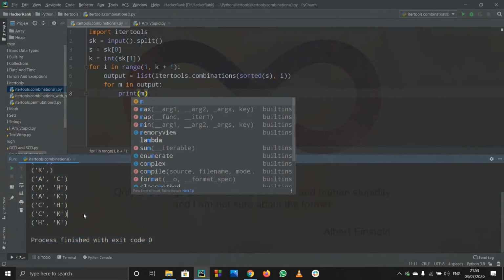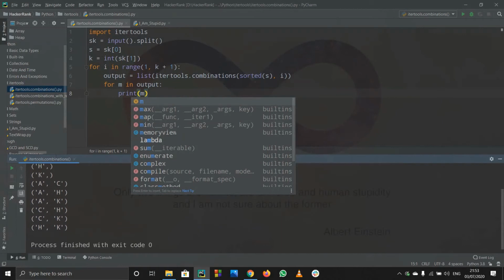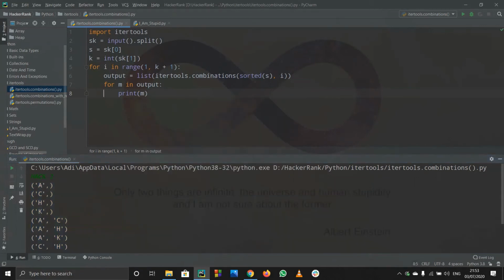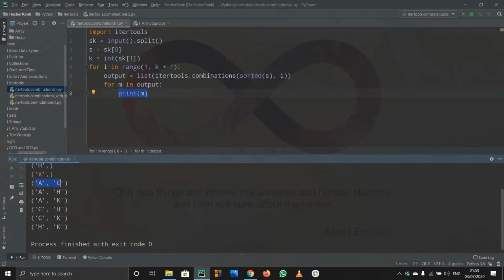But we don't want these tuples and brackets. If you want to print a list or anything without these brackets, you use a for loop for iterating through it and printing it out. So now again you will have to use one more for loop. For printing m, m is that list that you want to print. This will be m, and it will change because of the for loop.